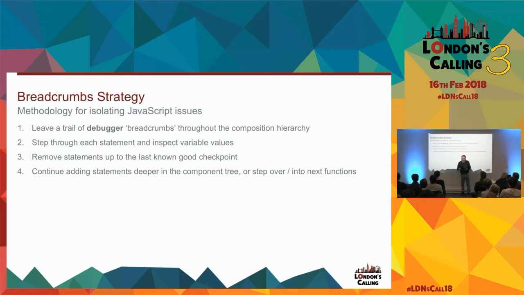So the breadcrumb strategy: if you are having JavaScript issues, the error message that you'll get will give you the name of the component at the top of the stack where that actual error occurred. If you have, let's say, 20 child components that you're referencing, you don't know exactly where that error is occurring. So what I recommend is in your JavaScript code, you can insert a line with simply just the word debugger. And when you insert the word debugger, and then you have the Chrome inspector tools, or if you have Firebug open, your browser will stop at that checkpoint. It will give you the values of all your variables,